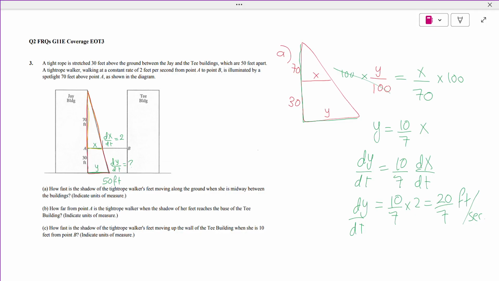Part B says how far from point A is the tightrope walker when the shadow of her feet reaches the base of the other building. So that means we need to find the value of x when the shadow reaches the other building, that is, when y equals 50. So we will use the same proportion we have used up, right? We can use the same proportion. So for part B,